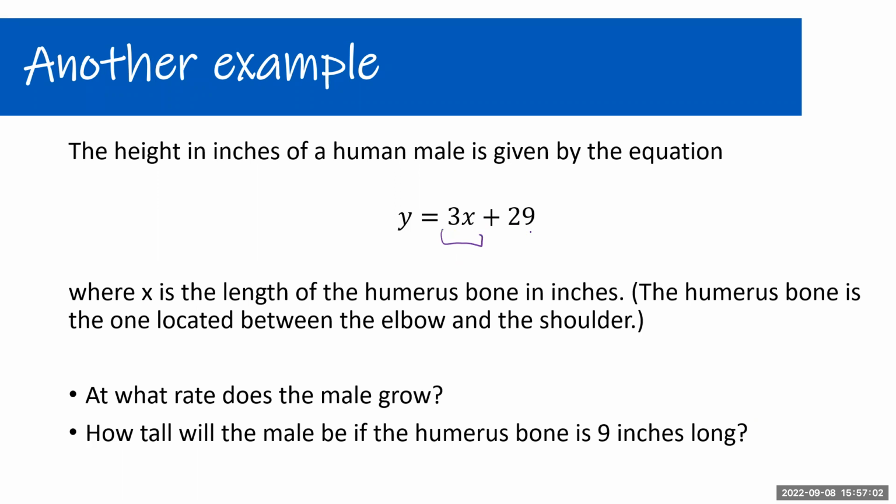So this is going to be 3 inches per inch, let's just say, of the humerus bone, okay? So for every 1 inch their humerus grows, they're going to grow 3 inches taller. How tall will the male be if the humerus bone is 9 inches long? Well, now we're going to let X be 9. So we're going to have Y equals 3 times 9 plus